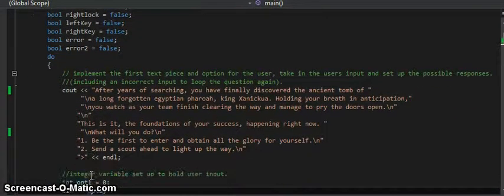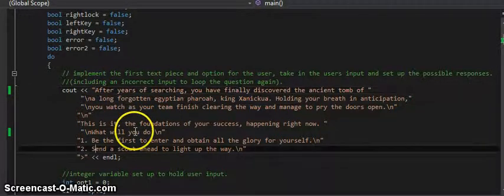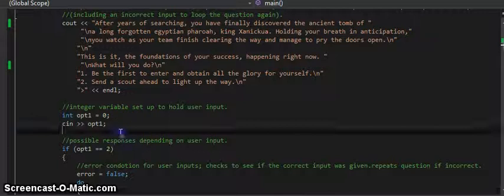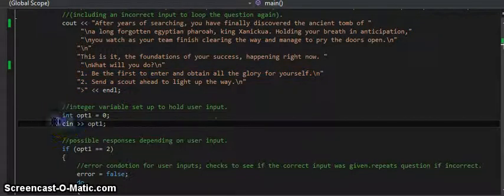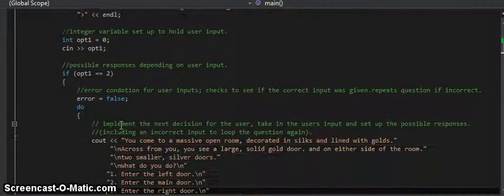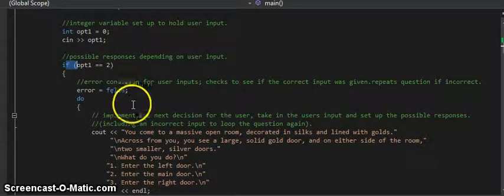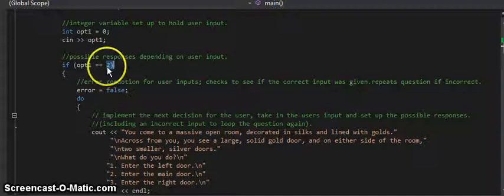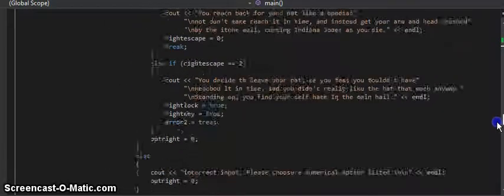So here's the do loop. This is the whole first text of the area. Then the user is given the options here, and the user will input the option which will be passed into opt1. Then this will be cast into an if and else if and else. The if of it will continue on. If it's chosen number 2, which is the correct choice, it continues on with the game, as you can see here. I'll just scroll down to the end